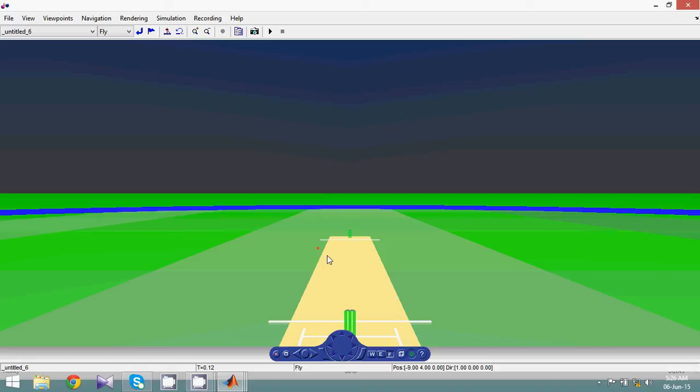So the length of the pitch is the x-axis, and the width of the pitch is the y-axis, and the height is the z-axis. So the parameters we used here, or the inputs, are initial velocity, we all know that, so we don't have to explain that, and the initial release angle, or the vertical angle. The vertical angle is the angle with the height, and the horizontal angle